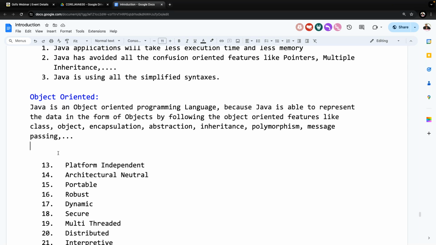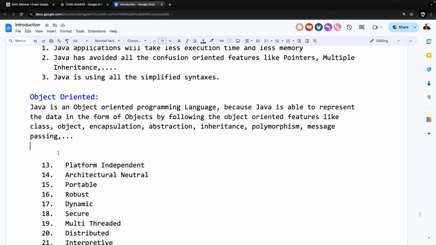But if you come to C++, it represents half of the object orientation. But the remaining half of the object orientation is not represented. That's why in general we say it is a partially object oriented programming language. Wait for the conclusion, I'm only giving these points temporarily. C++ is a partially object oriented programming language. Why? Because it represents half of the object orientation only. It is not providing full object orientation.